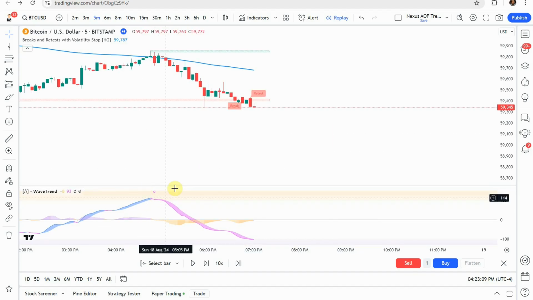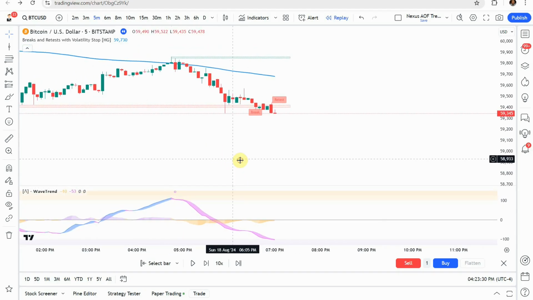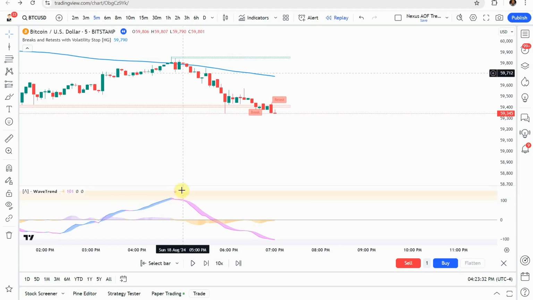appear on the upside, the top side of the wave trend oscillator, and so it's basically the reverse of the long. And so basically the wave trend is saying that a potential reversal in price could happen immediately or sometime in the near future. And so then what we're looking for is price to start trading or be trading below